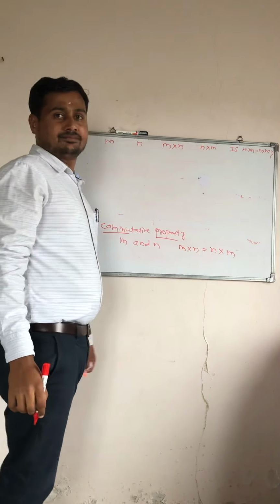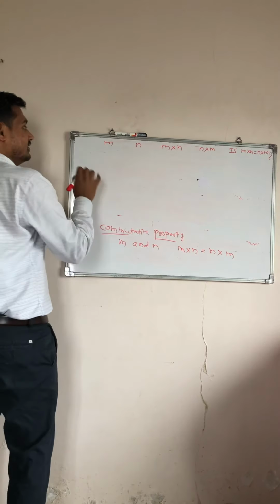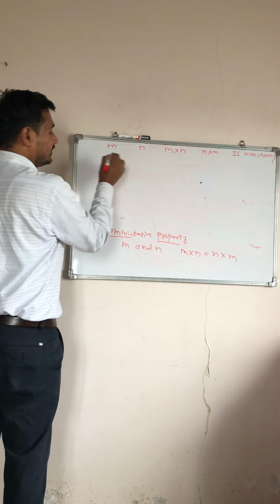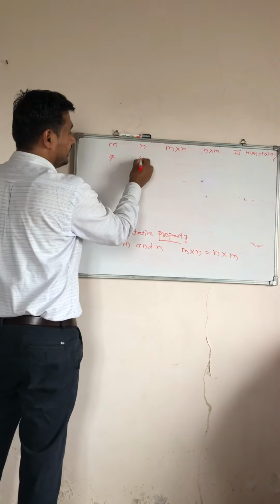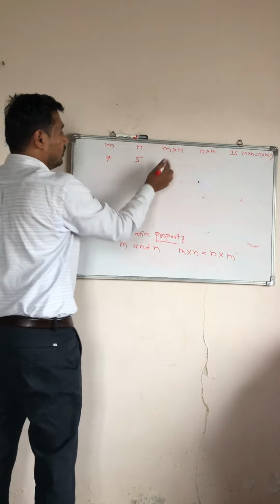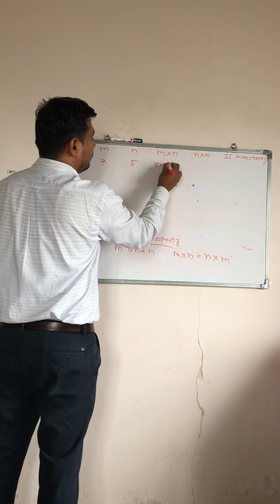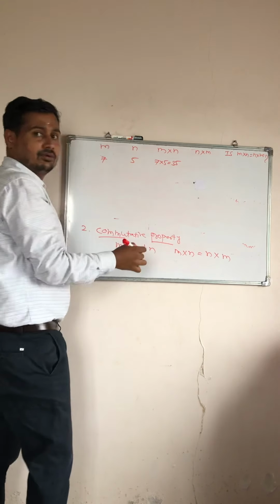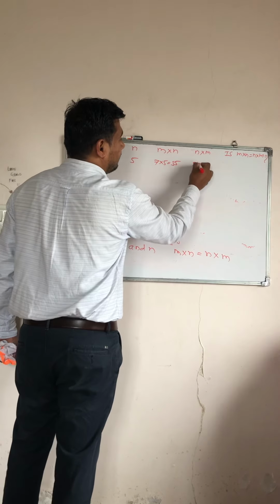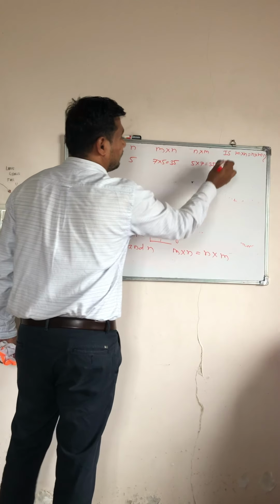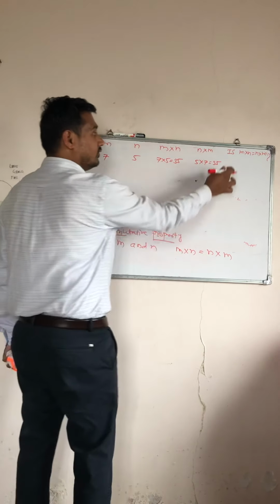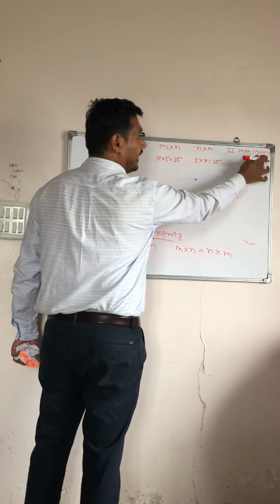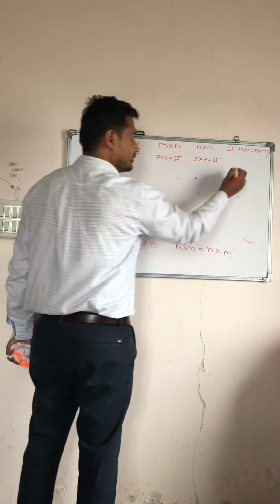Now consider integers first. Let m be 7 and n be 5. Then m cross n means 7 multiplied by 5, which is 35. Then 5 multiplied by 7 is 35. So what is the question? Is m cross n equal to n cross m? Yes,